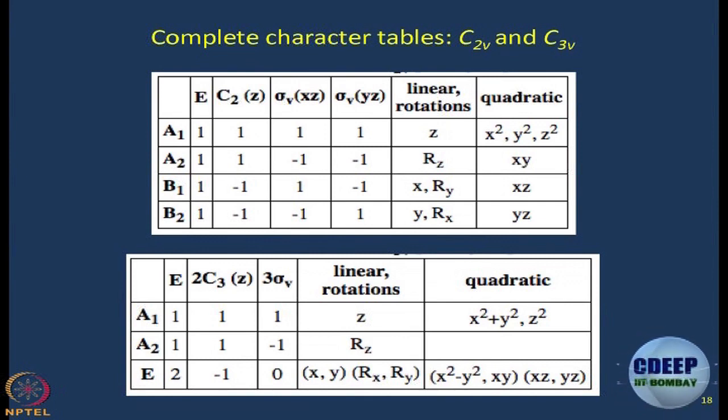Okay. So much for, so now we have learned what is there in a character table, right. Generally here the place that I have left blank, this is where we write the name of the symmetry point group. The top row contains the symmetry operations, the first column contains the molecular nomenclature, this segment contains all the characters, and then in the last two columns, the second last column contains x, y, z, Rx, Ry, Rz, the last column contains the quadratic terms x square, y square, z square, xy, yz, zx. Sometimes you can see things like x square minus y square and all, that depends on the symmetry point group that you are dealing with.